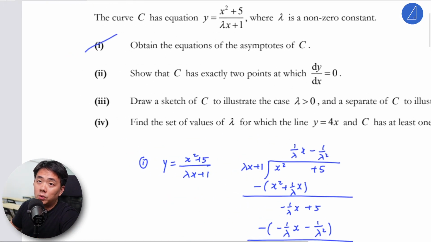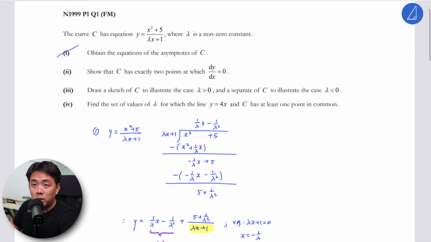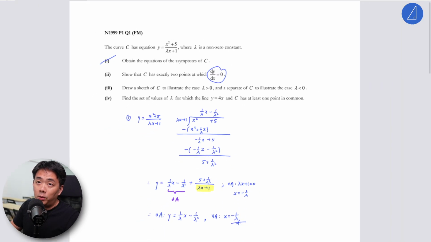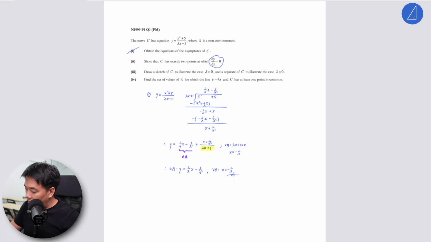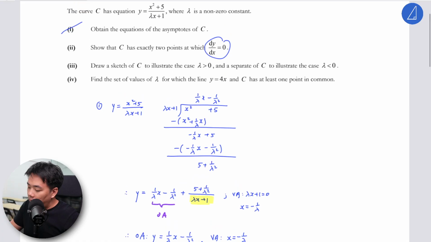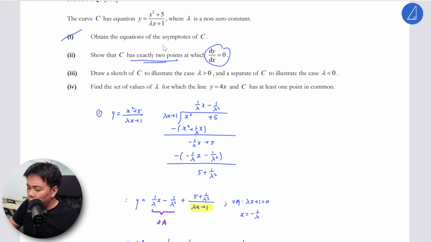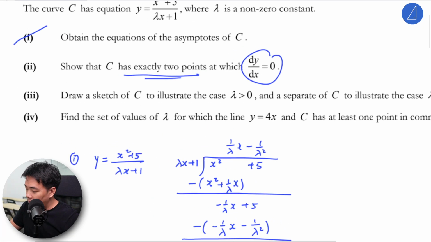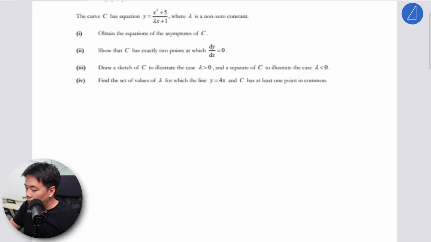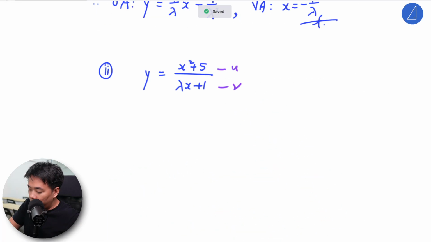We're told to show that C has exactly 2 points at which dy/dx is 0, meaning to say these are stationary values, right? So we differentiate, set dy/dx to 0 and show that there are always exactly 2 points. So we could show that we always have two real roots. We can either complete the square or use b squared minus 4ac to show that it's greater than 0. Using the quotient rule,